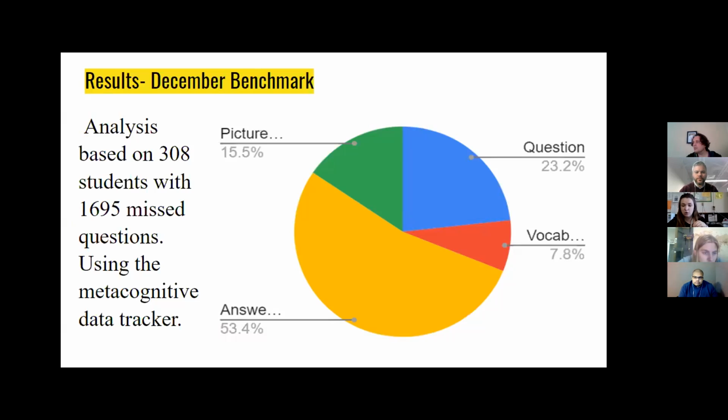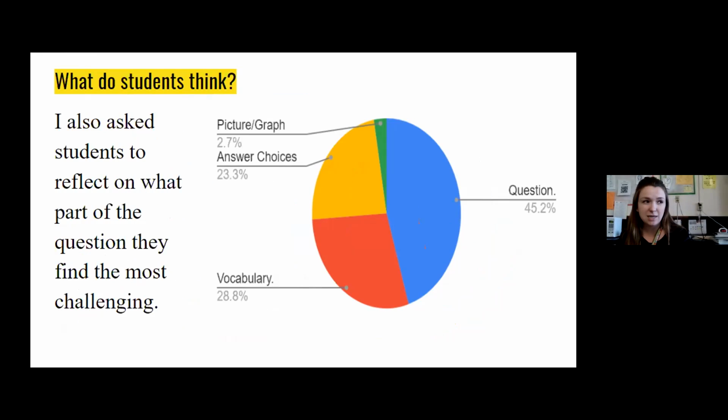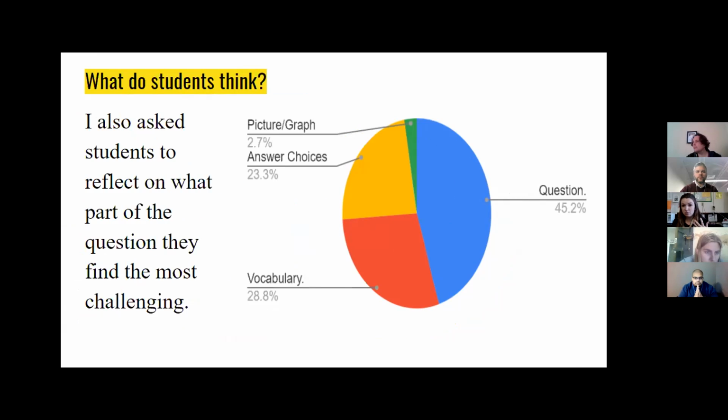I was going to focus on how I can help students look at those answer choices and select the correct answer. But I also asked students, big picture, to reflect on the test they took. What do you think is the hardest part of the test? Most of them said understanding the question. That's a little different, because even though they had already told me they really struggled with understanding the answer choices, in their heads they still believed it was the question. I thought that was interesting.